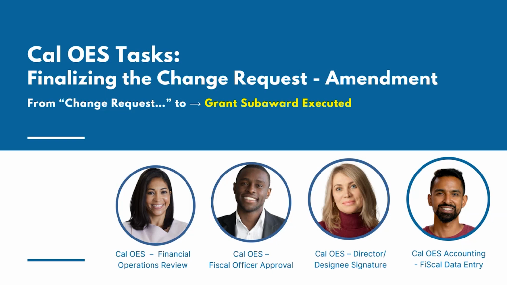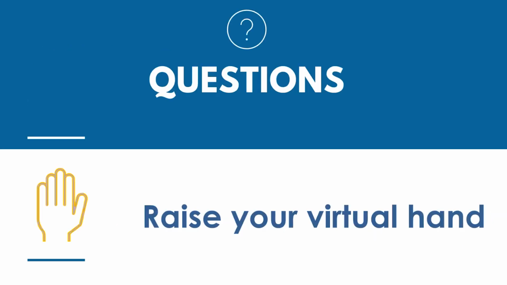for them to make all of the approved changes in FI$Cal, again, the state payment system, to ensure that whether it's a new name or the funding amounts, all of the contractual changes are made in the fiscal system. And once they have completed all of those steps, the document status will go back to grant subaward executed. So again, if there is a payment request that was initiated, that can now be submitted, and you can proceed with all other